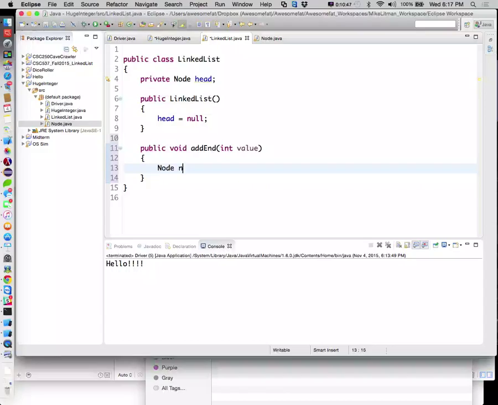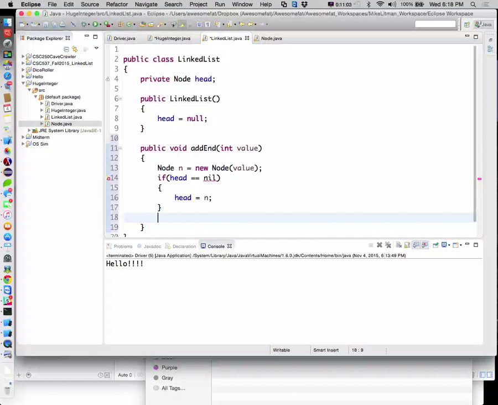So we'll say node n is equal to new node value. So we'll go ahead and build that guy. Then we'll say if head is equal to nil, that's a true statement, then we'll go ahead and say head is equal to n. That's actually null in this language. This is Swift, it's nil. Okay. Else,